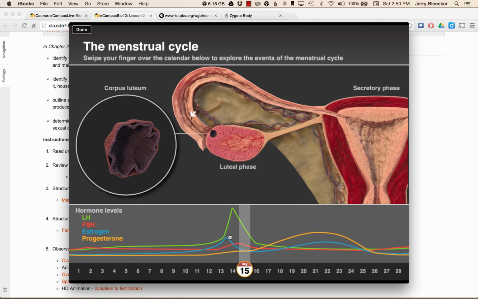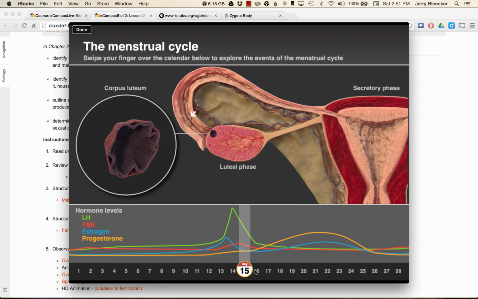So what takes over now is, well, the egg, here's a little arrow. The egg's going to travel through the fallopian tube. Now there's cilia in the fallopian tube, and right about here, fertilization usually happens, where sperm would be transferred up, and often an egg will be fertilized here, and once it gets to this point, it tumbles into the uterus. The point is that it tries to implant. But this corpus luteum, okay, this sort of secondary body here, has a very, very important role. Okay, so we'll go to